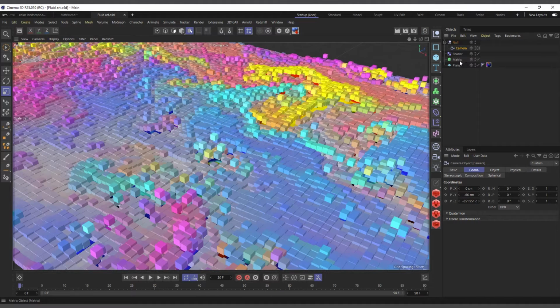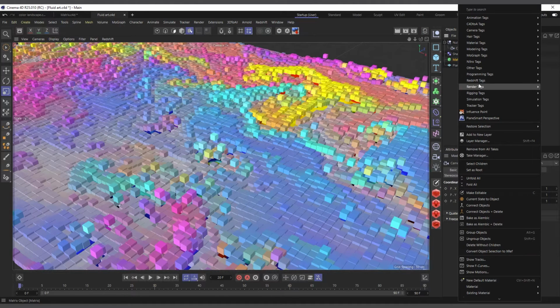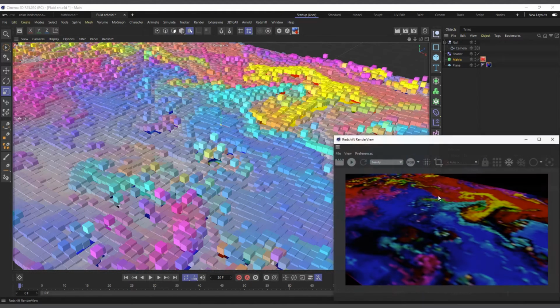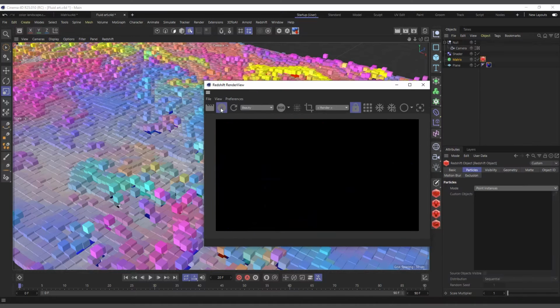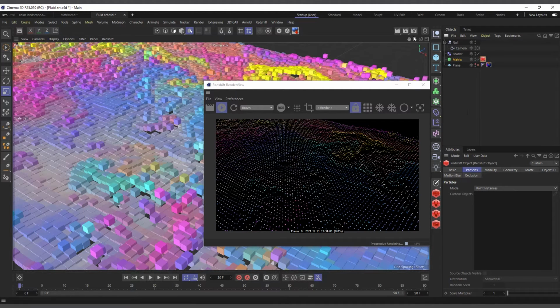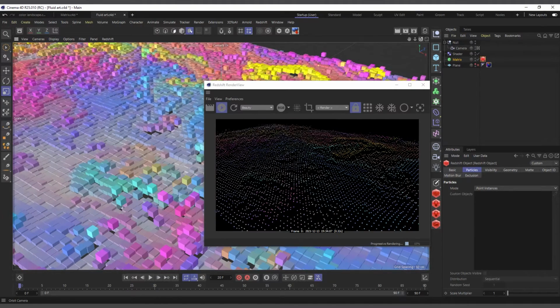So I'll right click on the matrix and go to Redshift object, and in the Attribute Manager you have particles, and the mode is set to disable. Set it to something like point instance. Now if we bring back our render view and hit render, we are seeing our matrices. I can hide the plane for now. You can see it's showing our matrices as points.